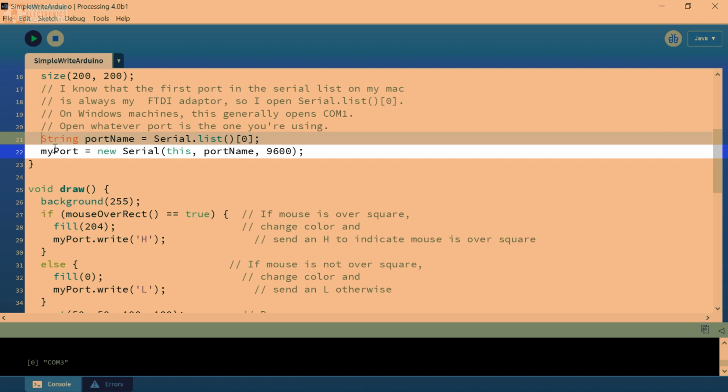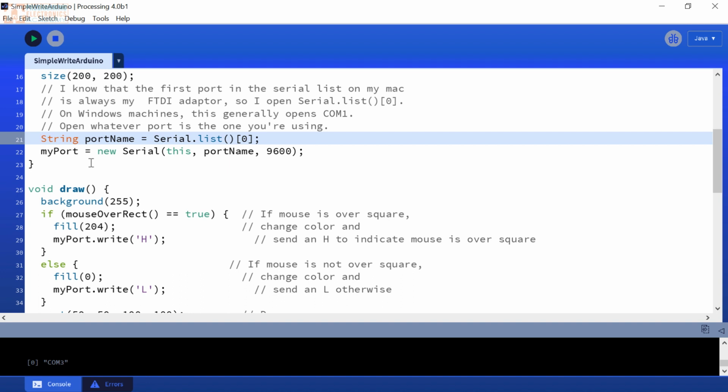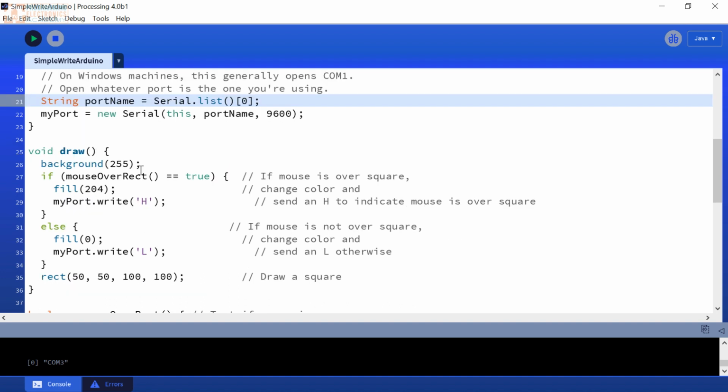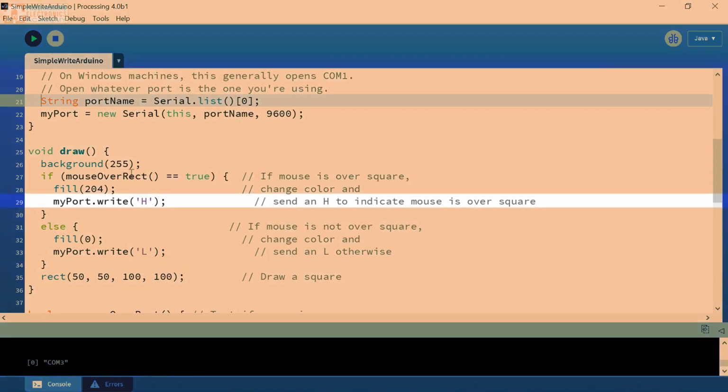So I know this syntax is a little bit different. We're using the serial constructor to create a new serial object. That's a little weird, but if you just use the example code, it draws it out there. So what this is going to do, and this isn't too important, the most important thing I want to focus on here, down here, is this line of code right here, where it says